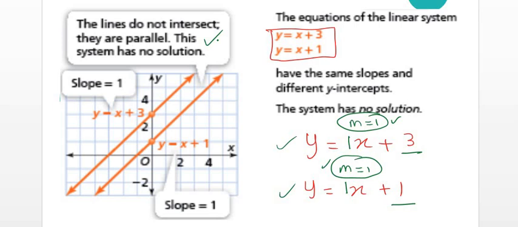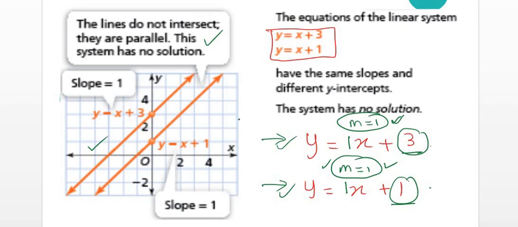So how will you know that there is no solution? This is the case of no solution. You will write both the equations in the standard form. After that, find the slope of the first equation, find the slope of the second equation, and also check the y-intercepts. So if the slopes are the same but the y-intercepts are different, that means you will have two parallel lines